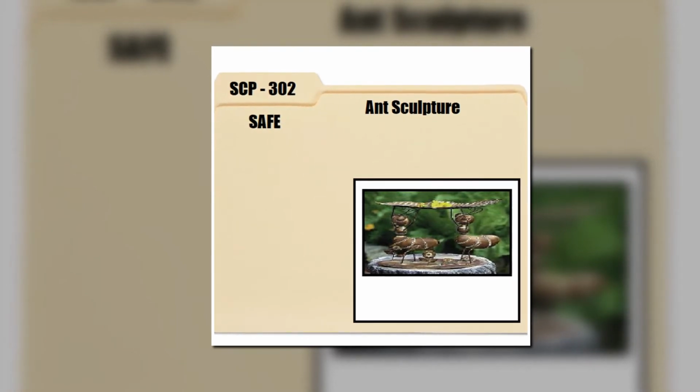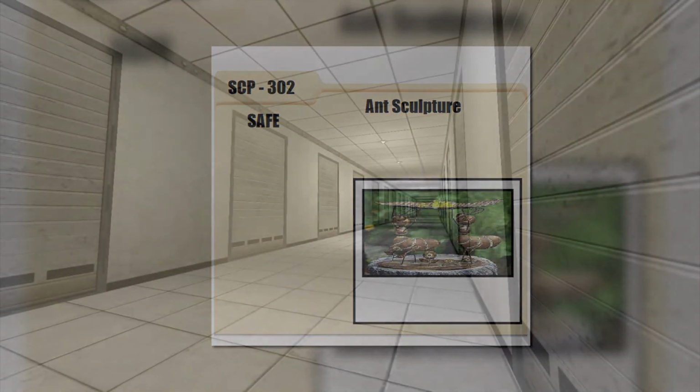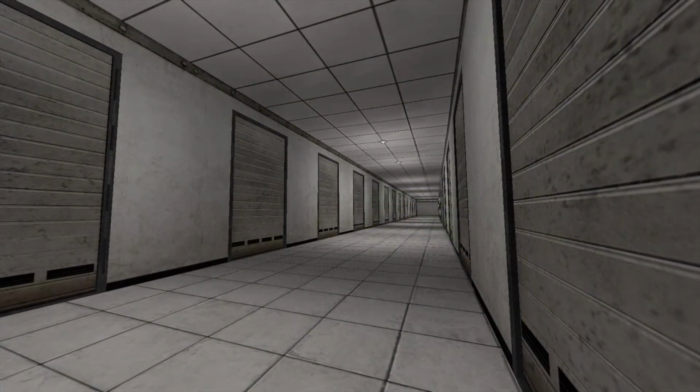Object Class: Safe. Special Containment Procedures. SCP-302 is to be kept in sight under Safe 3 protocols. Artifacts should be handled with gloves at all times, and utmost precautions should be taken to ensure that the artifact does not make skin contact with any unauthorized personnel. Any personnel not scheduled for testing that begin showing signs of SCP-302 effects may apply for termination. All subjects suffering from SCP-302 affliction should be terminated after no longer than 8 days due to